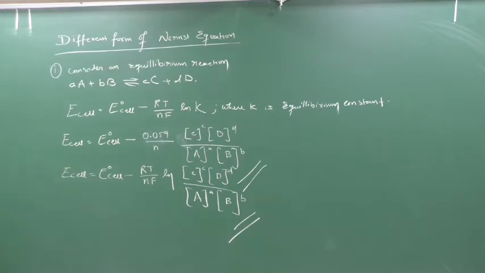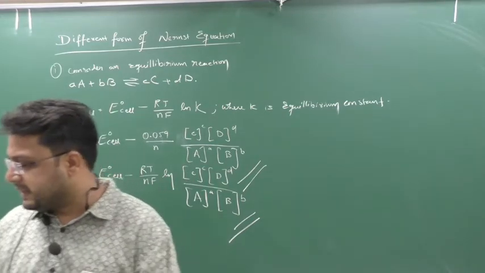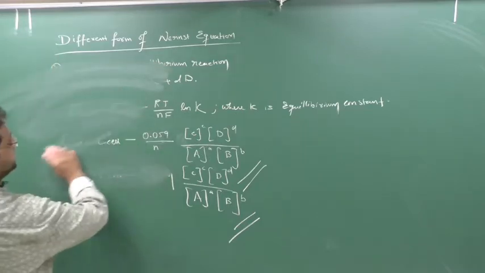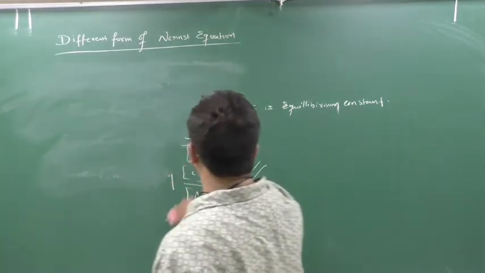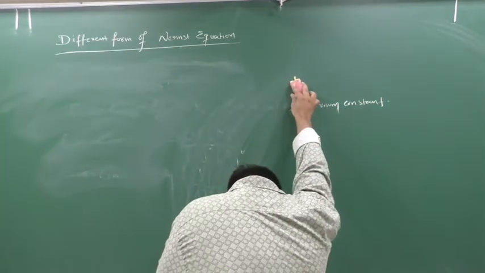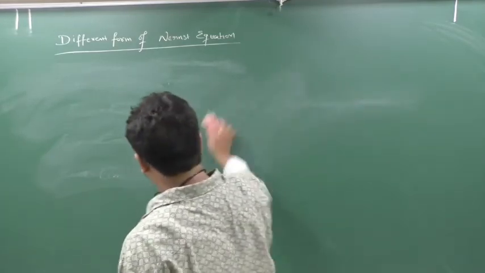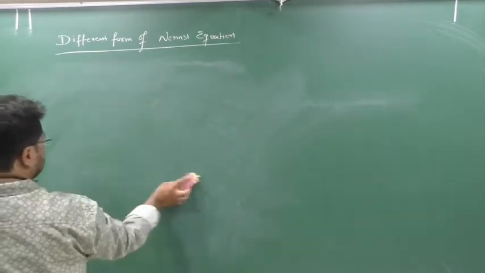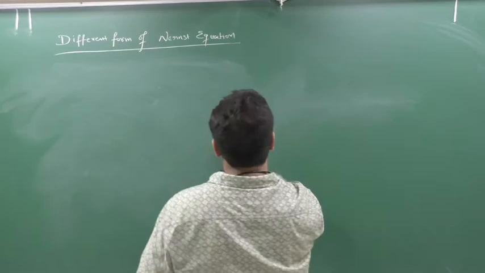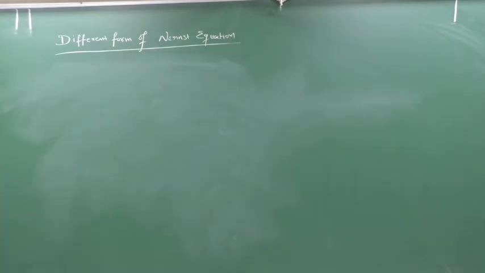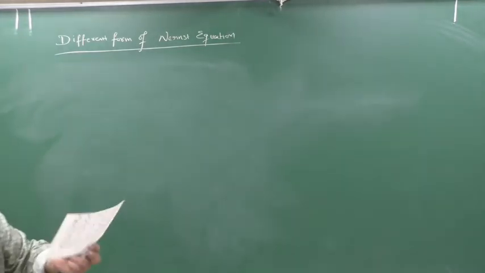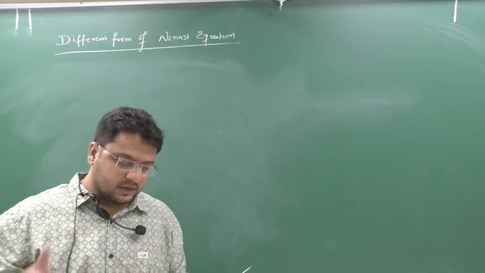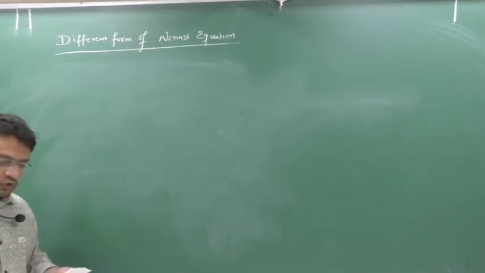So I hope it is written. Chalo, we will see the next form, another form. So this was the first. Another form is in terms of Gibbs free energy. You know Gibbs free energy: when it is negative, the process is spontaneous, and when it is positive, it is non-spontaneous; you know these conditions from thermodynamics, clear? So here usually the process is spontaneous only. I am deriving the standard cell potential in terms of K by using the Gibbs free energy, clear? So there is another form also.